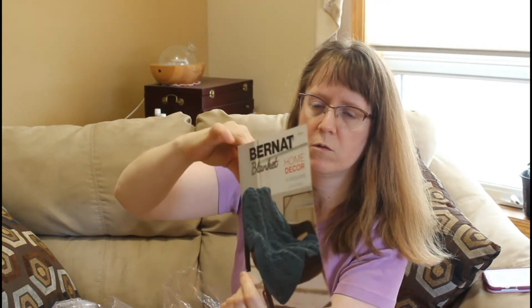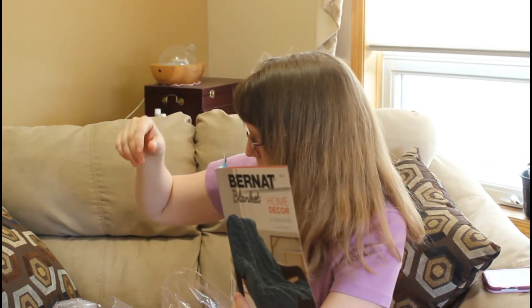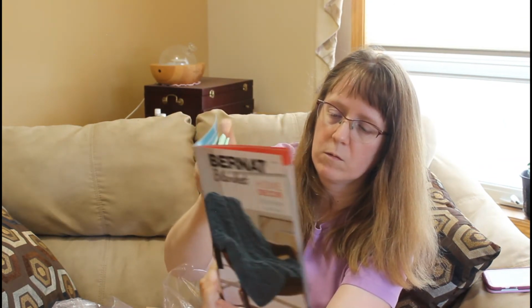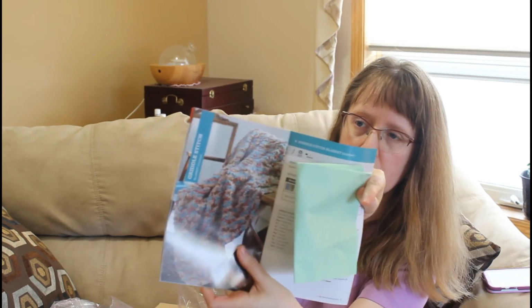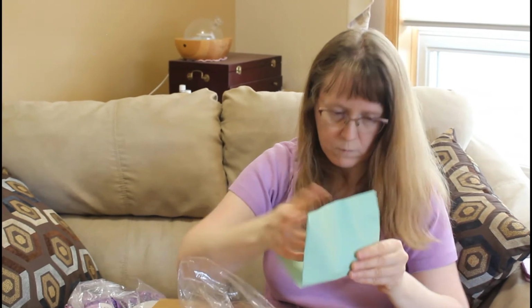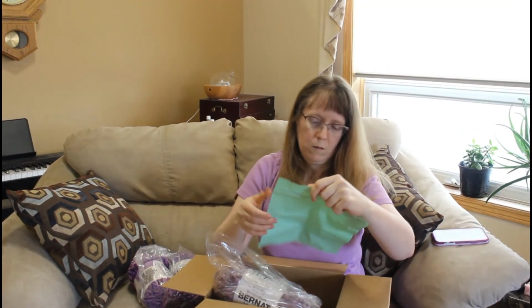And a little stitch. That one's interesting. And there's this one. Oh, there's all kinds of patterns in here. And then, okay, so